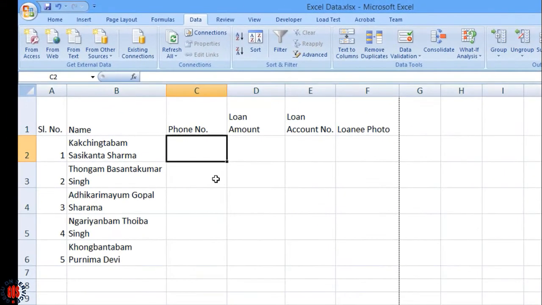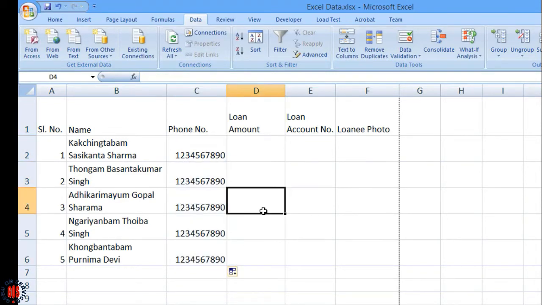Cancel it. Now I will fill all the phone number columns with valid data, 1 2 3 4 5 6 7 8 9 and 0, and copy all this there. Okay,